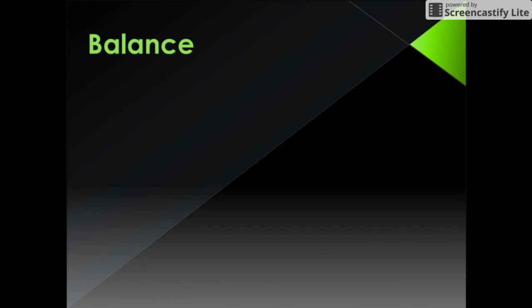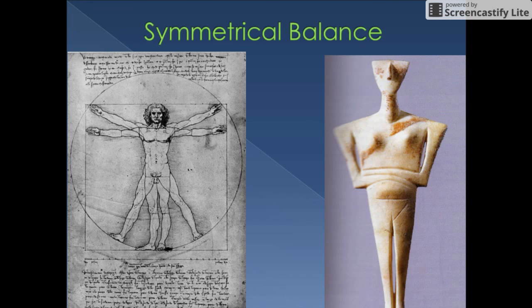The concept of balance. Having a balanced artwork is very important to your composition, or not having a balanced composition. We'll talk about that. But the first type of balance you'll see here is what we call symmetrical balance. This is probably the most pleasing, of course, to the human eye because it's about matching, essentially. So on one side, you have Leonardo's Vitruvian Man, very famous meditation on the perfection of the human body, because